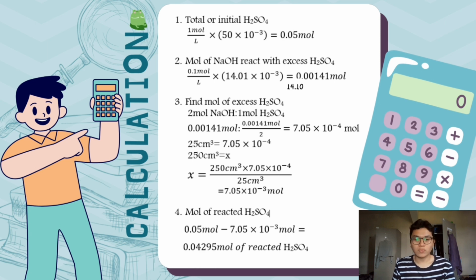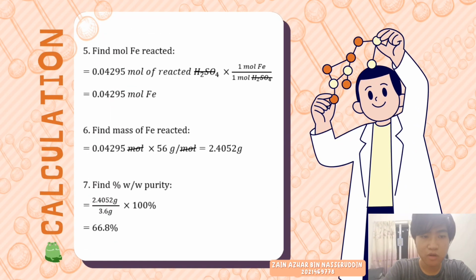And next, to find the mole of reacted sulfuric acid, 0.05 mole, which is the initial mole of sulfuric acid, is minus 7.05 × 10^-3 mole. And then we get 0.04295 mole of reacted sulfuric acid. After finding the mole of reacted H2SO4, we can now find the mole of iron by comparing the mole of reacted H2SO4 with iron. The ratio of mole of iron to reacted H2SO4 is 1 to 1. As such, the mole of iron is the same as the mole of reacted H2SO4